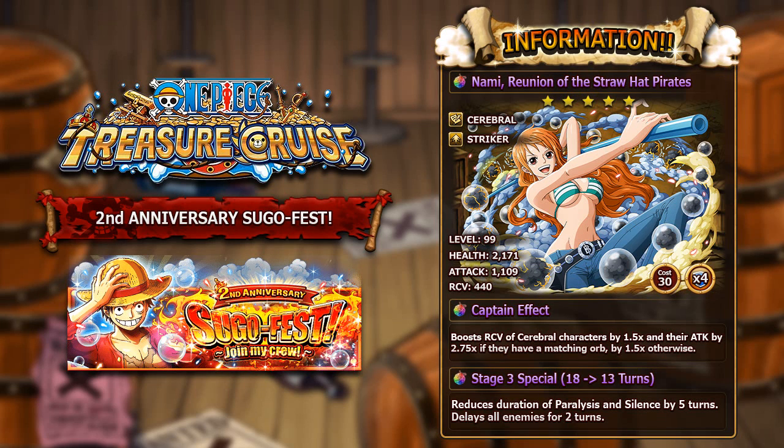She is such a really, really useful special, and can be utilized in lots of different dungeons, especially in the future of One Piece Treasure Cruise. There are going to be lots and lots of dungeons where this special is going to be super, super useful, and not only that, she's a Cerebral unit, so you can just chuck her on a Crocodile team. She's a Striker unit, and she's also purple, so there are lots of different teams that can work around